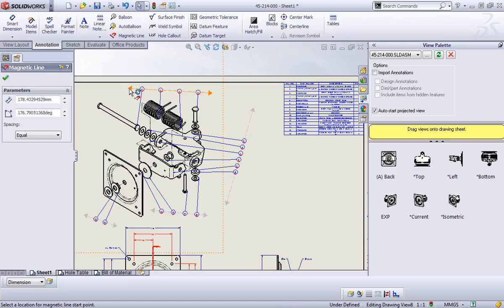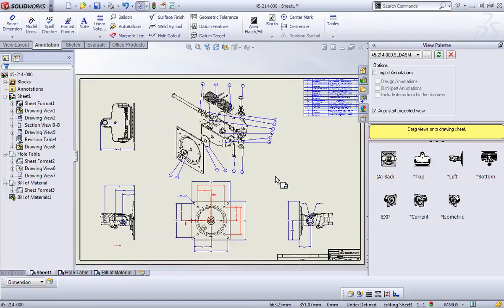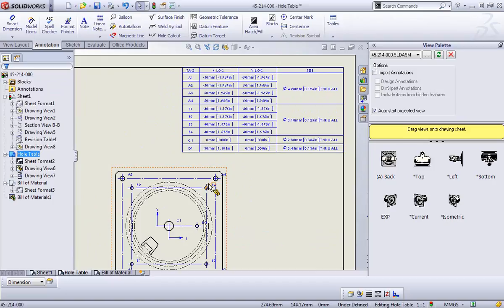You can also pull the length of the magnetic line around. So that's a cool new feature for putting in your balloons. One thing that is also new is if I come over to my hole table tab, you can see that if I select this,